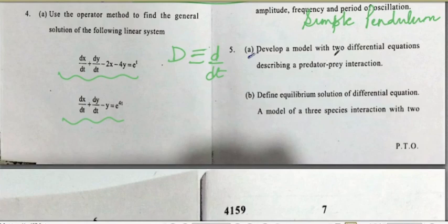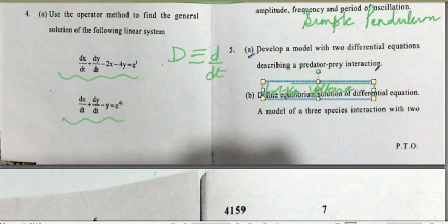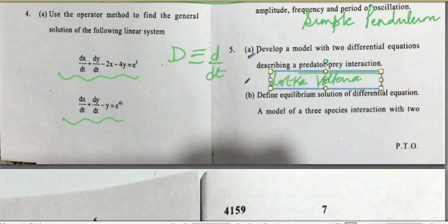The first question was to develop a model with two differential equations describing predator-prey interaction. So you were expected to explain the Lotka-Volterra model of predator-prey interaction. And please, whenever such a question comes, you start with a compartmental diagram, then write your word equations, the balance law, and then introduce all the notations, the assumptions that you are taking, and then formulate the differential equations. It's a full-fledged 7.5 marker. So please do not write it very informally. Please make sure that you present the solution nicely.